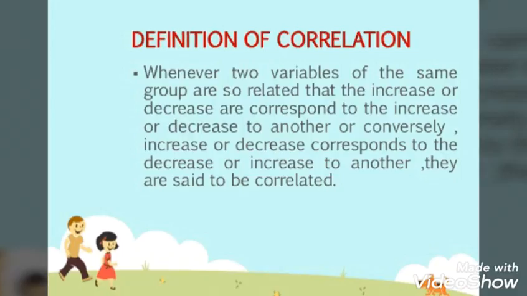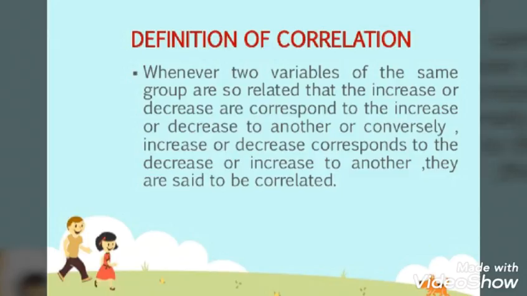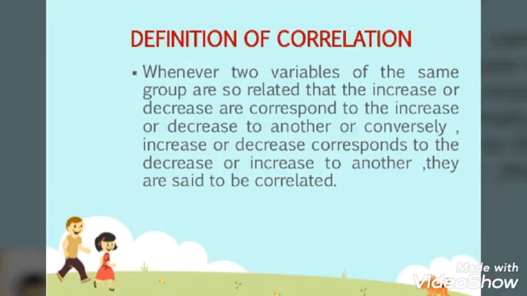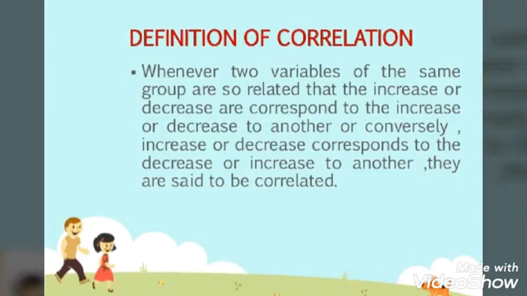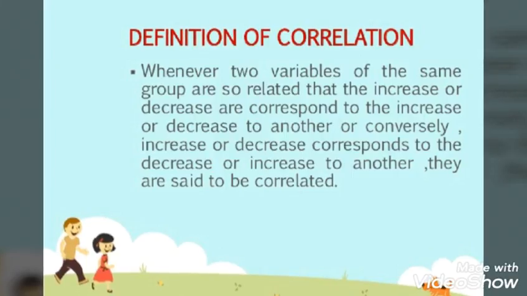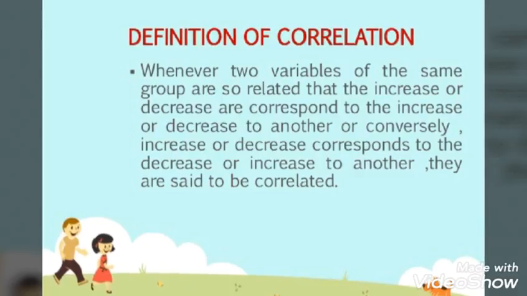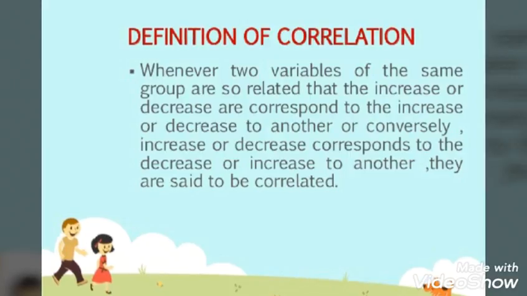I have already given you examples when I was taking classes. You can take, for example, a person. You can see their age and weight. Whenever persons increase, not age and weight, height and weight you can take. So whenever the person increases in height, there will be a decrease in weight, and you can show a relationship in the same manner. So this is the relationship you are showing between the two variables.